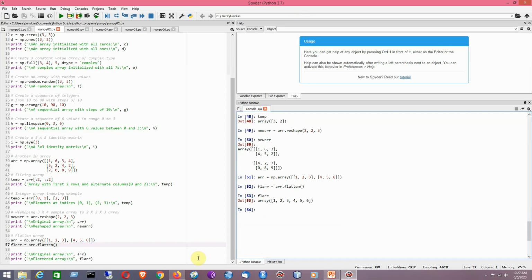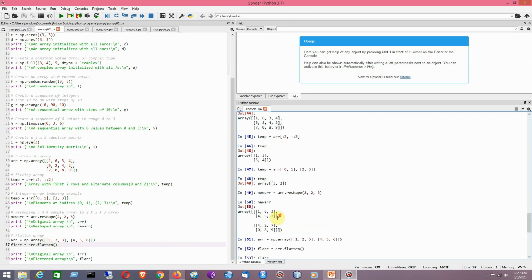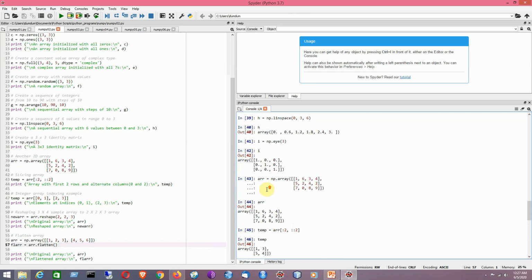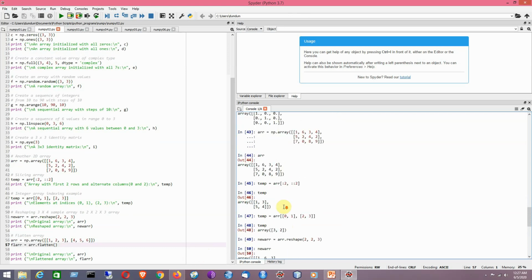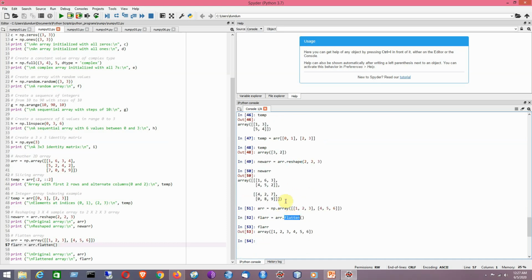So in that way you can demonstrate different functions on an array. Okay, so basically we have created an array here from this example. Okay, now we have applied different types of functions like reshape, flatten on the given array. So that is the idea.